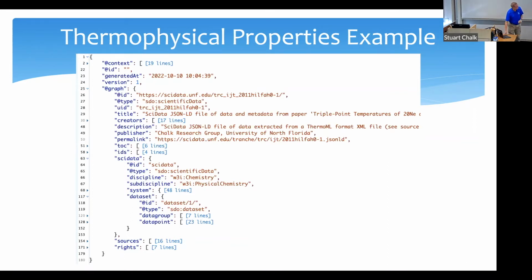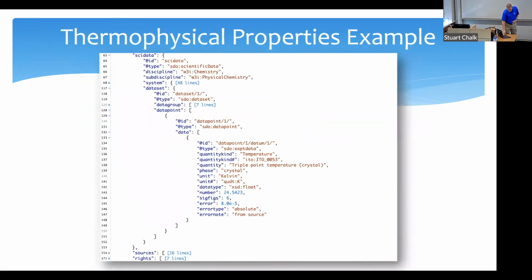This particular example is from one particular file, and so we've got a naming convention and then a UID that is generated after that naming convention. So we can point to the file where it exists online, but we can also reference back in the sources section to the TRC data where it's actually published, because it's a formal data publication. And then in this case, we only have one data point in this file. I picked it out because it was the smallest file. So the one data point in this case is a triple point temperature for a crystal.